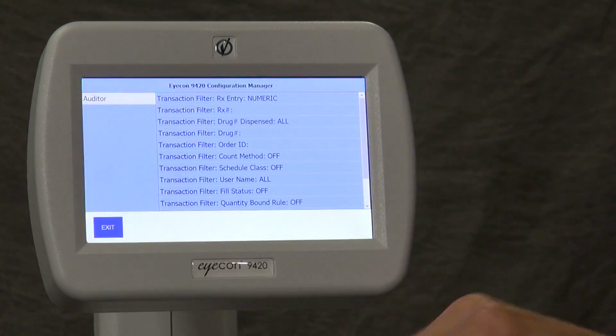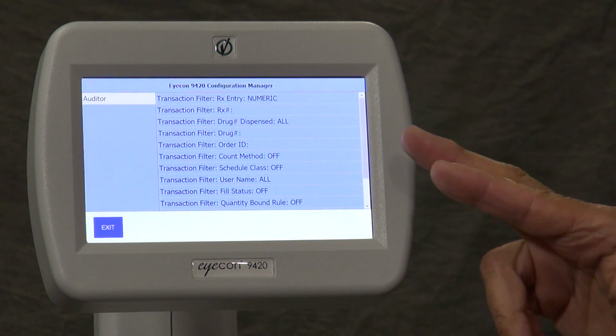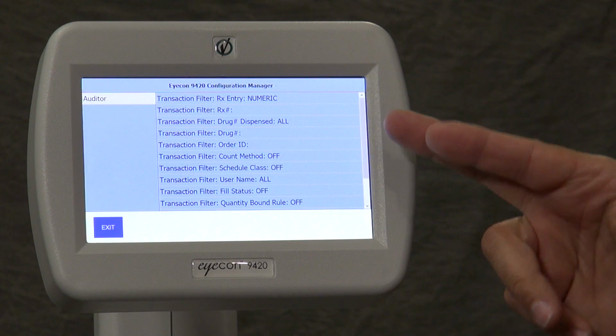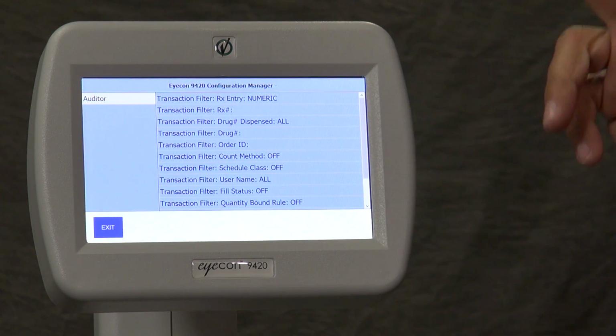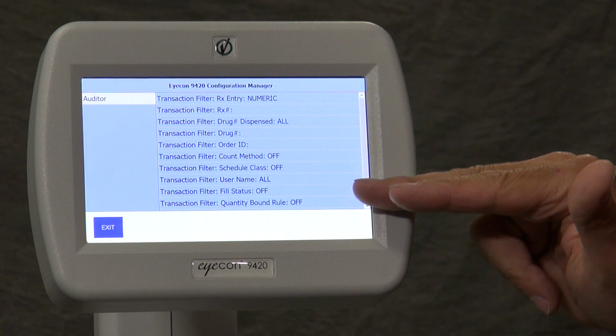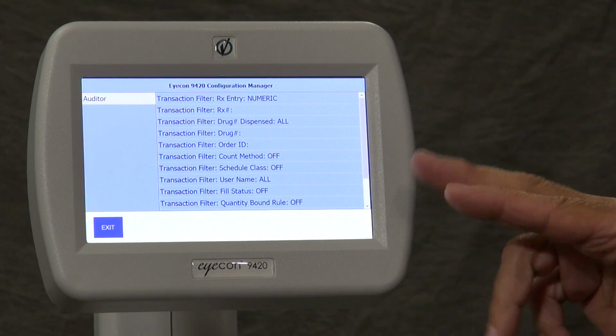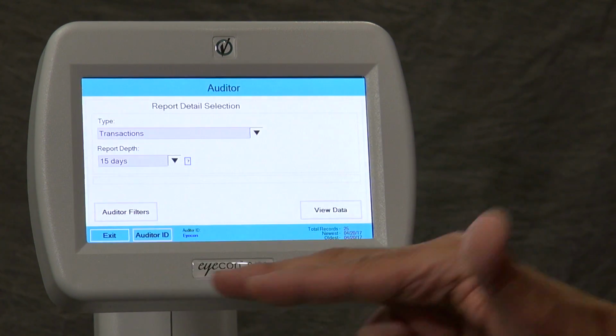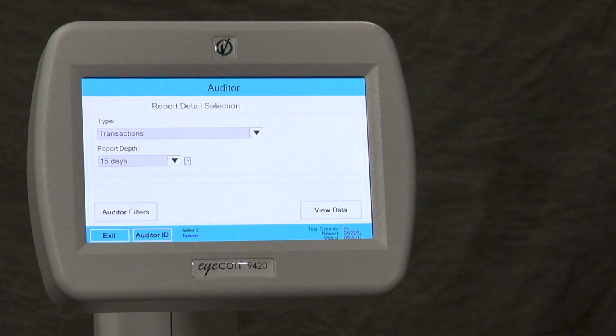Your filters allow you to search for a certain prescription if you want to search for one, or you can do reports based on a number of different parameters, such as a certain drug number or a certain username or a certain fill status, what have you. Most typically, people would search for a certain prescription number in order to find the picture that was saved for